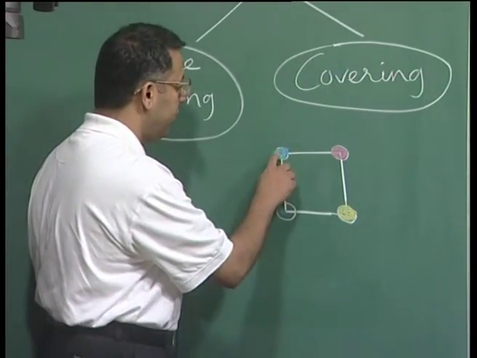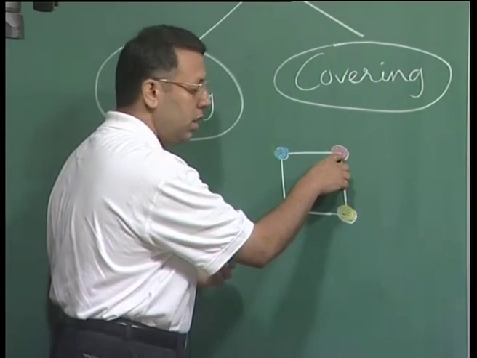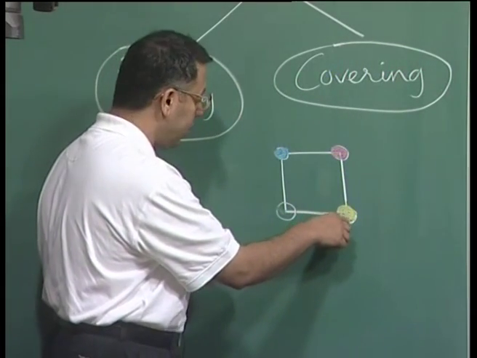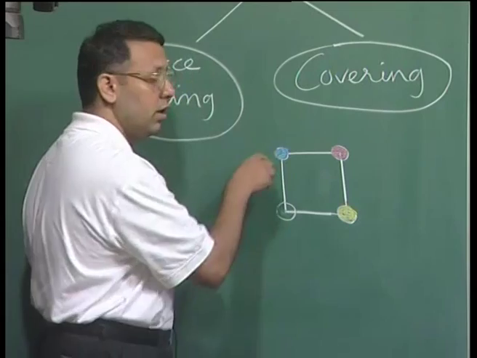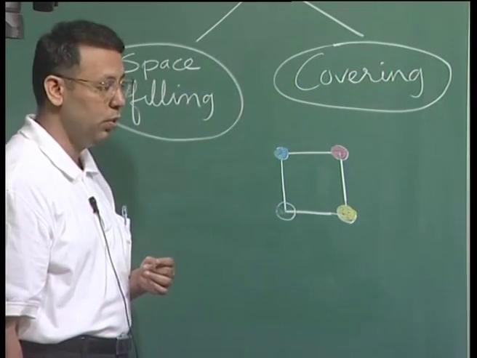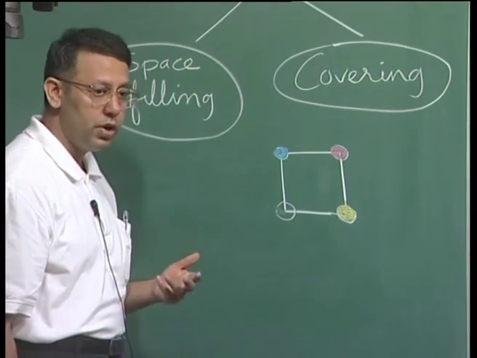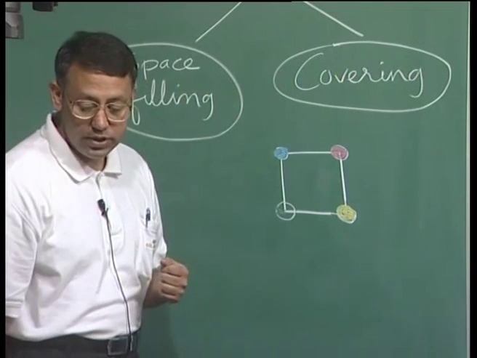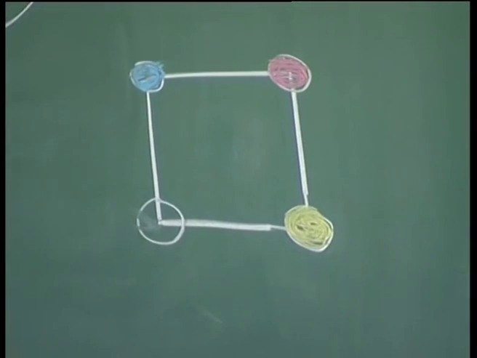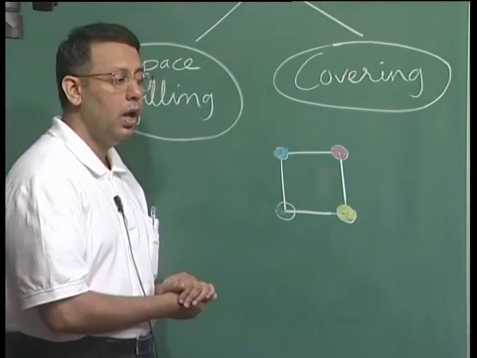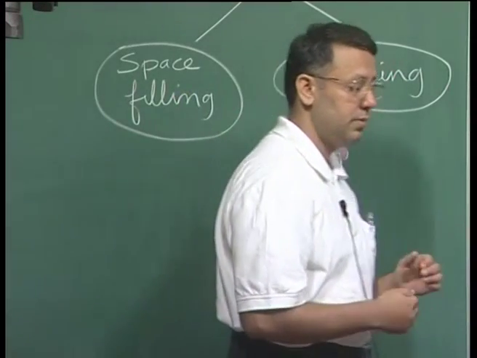It can rotate first by 90 degrees, leave a red, then it can rotate 90 degrees, leave a yellow, then it can rotate and leave a white, and then the 4th time it rotates, it will leave a blue. In other words, there are higher order symmetry operators which are possible, which can do things which are more sophisticated than the normal symmetry operators which we normally deal with in normal crystallography. And there are cases,